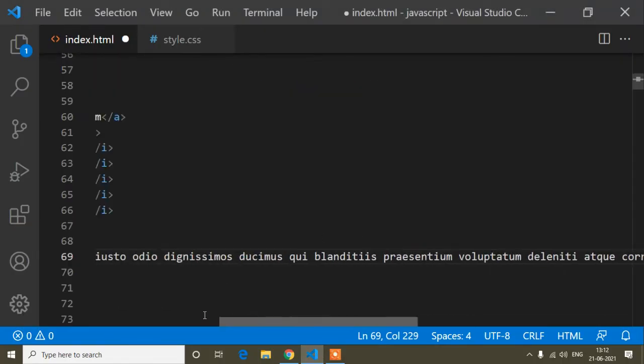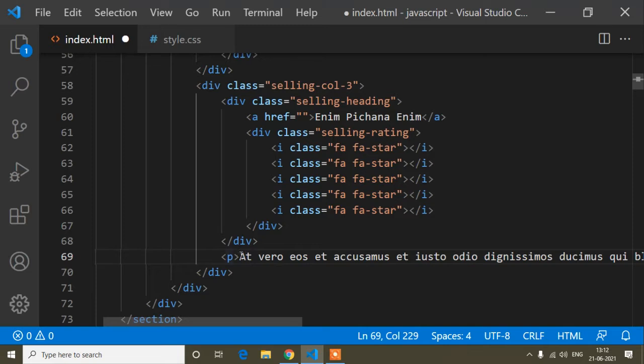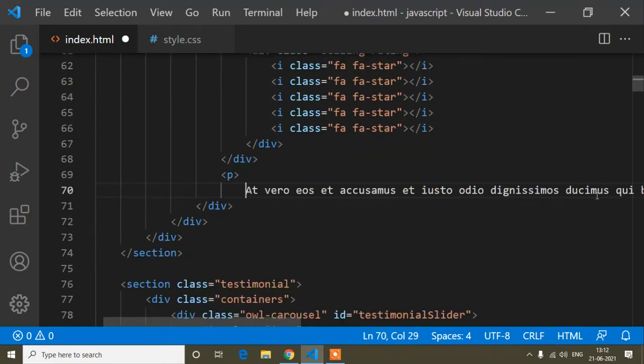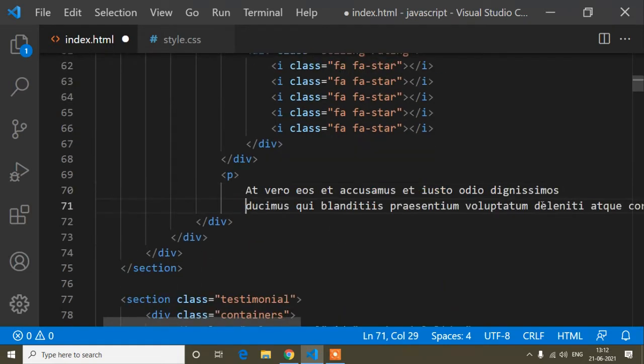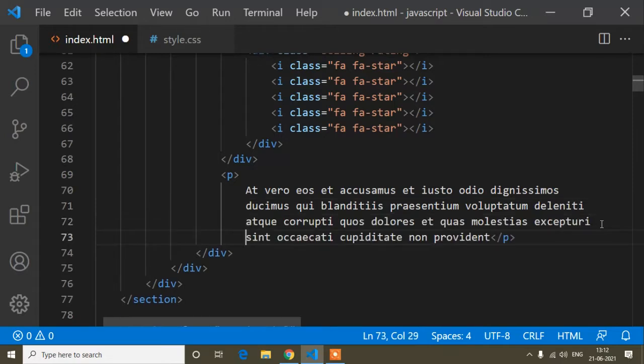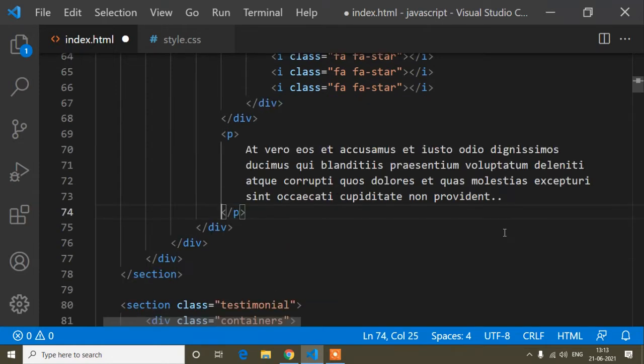and now just here I will paste, and this one I will break, so it will look better. So I will break from here, and this one I will break, also this one at the dot. So now it's looking better. Okay, so now after the content, here I will write an h3 tag.